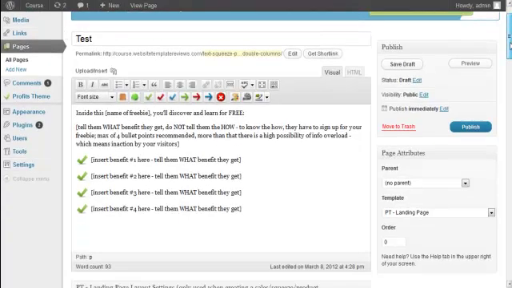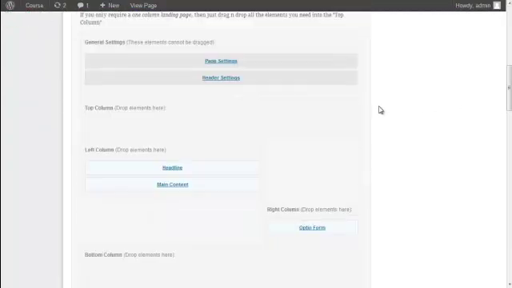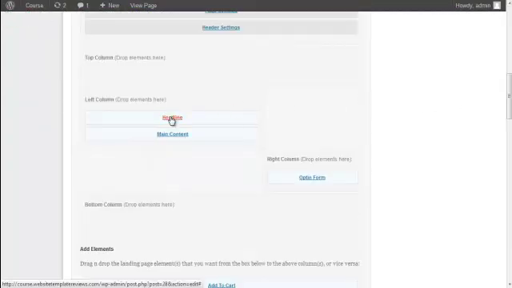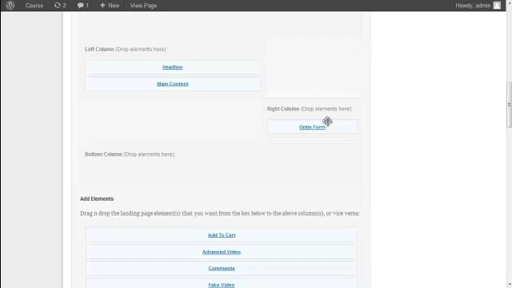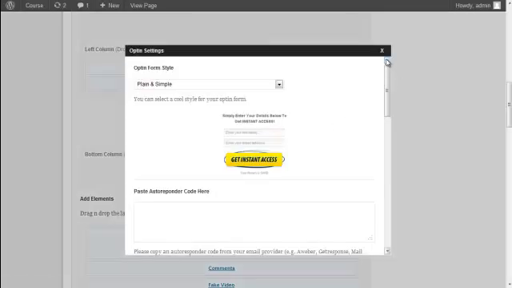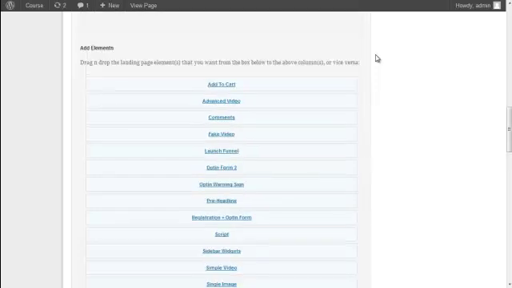You've got the text preloaded. Of course, we can change this. And then you got your bullet points there. We've already got headline added here. Of course, we're going to want to change the headline title. We've got our opt-in form pre-formatted already, and you can add other